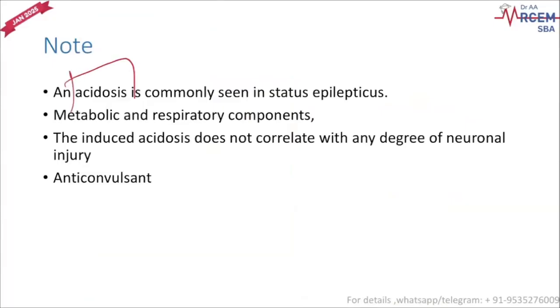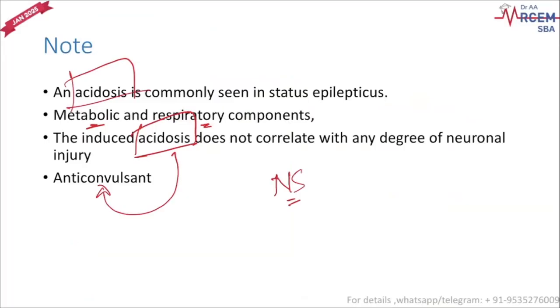Most of the time when you get a venous or an arterial blood gas analysis done, there will be an acidosis. Both metabolic and respiratory components will be contributing to this acidosis. Do not correct this acidosis by giving bicarb, because the acidosis itself has anticonvulsant properties. That's why you are not treating this acidosis. Once the seizure subsides, give some fluids like normal saline,